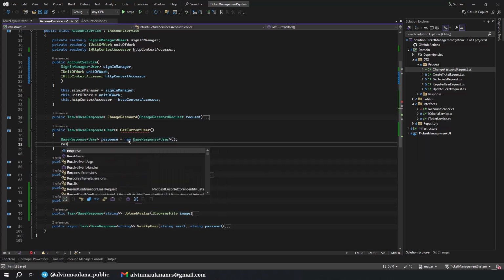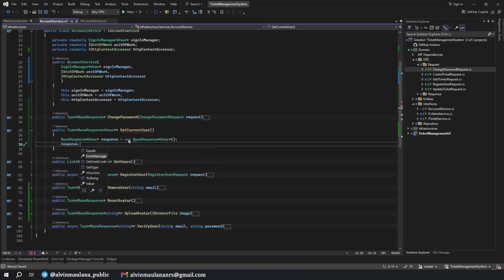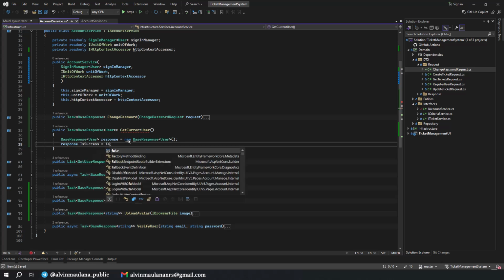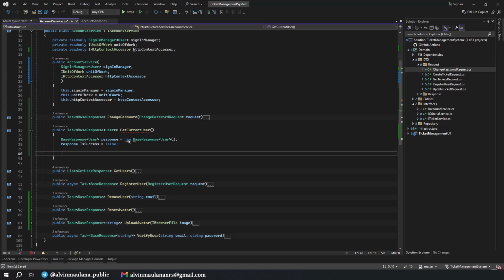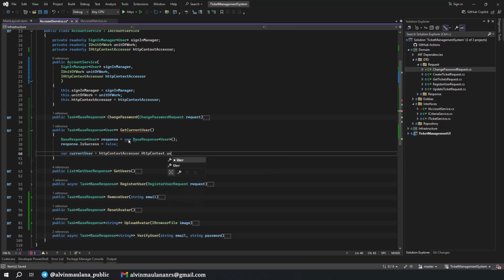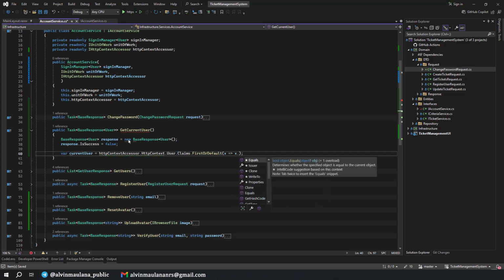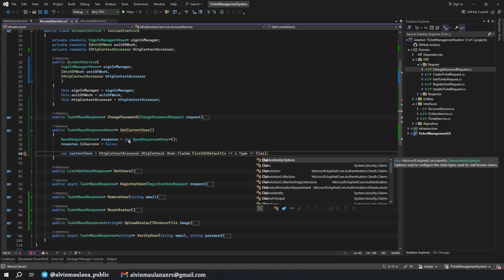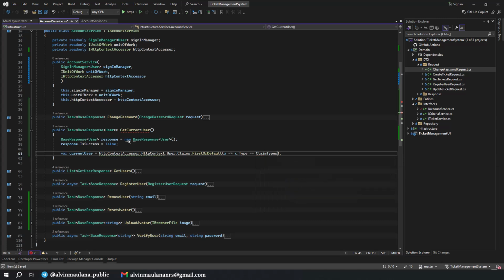By default the success is false, and then we try to get our current user from the HTTP context accessor, HTTP context user claims first or default, and then type. We try to get the email. Claim types name, okay, the name is email, and value.